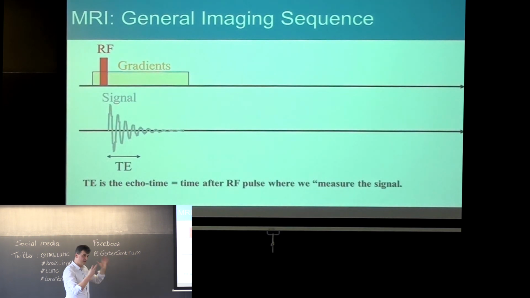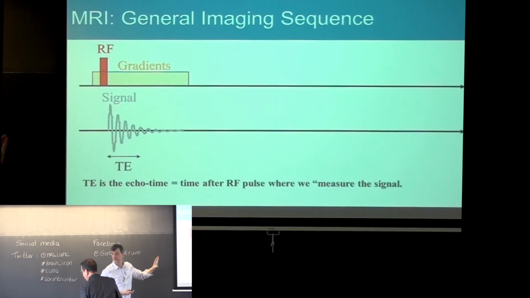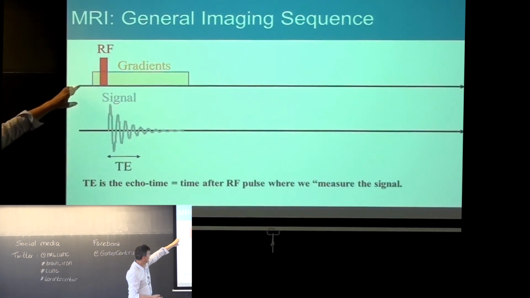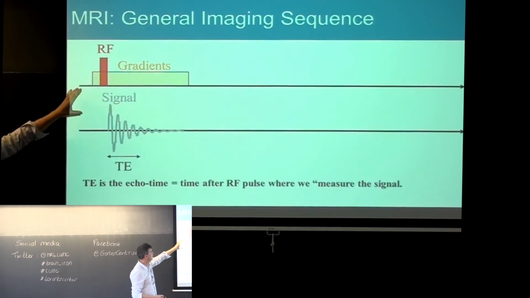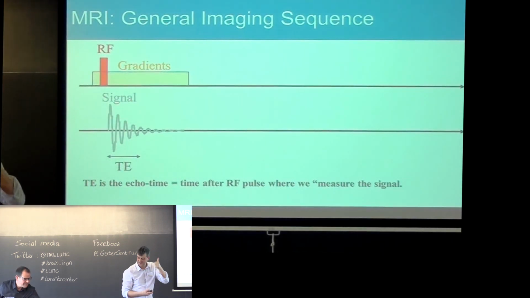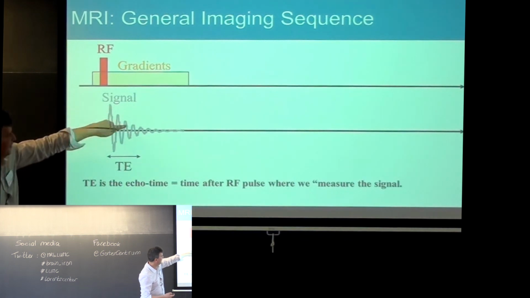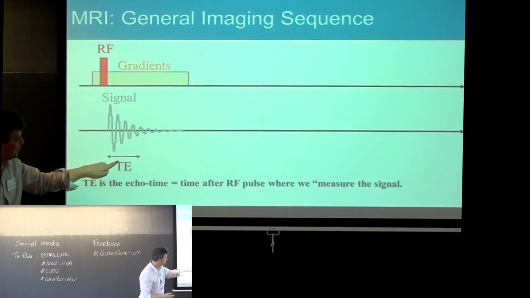So I'm not going to go into the detail of the way in which images are generated now. You can have whole conferences on that topic, or just on understanding the acronyms. But the general features of an image acquisition are that you will excite a signal with a radio frequency pulse, and then you'll apply some gradients to encode spatial information. So you generate a signal, and then you'll measure that signal,